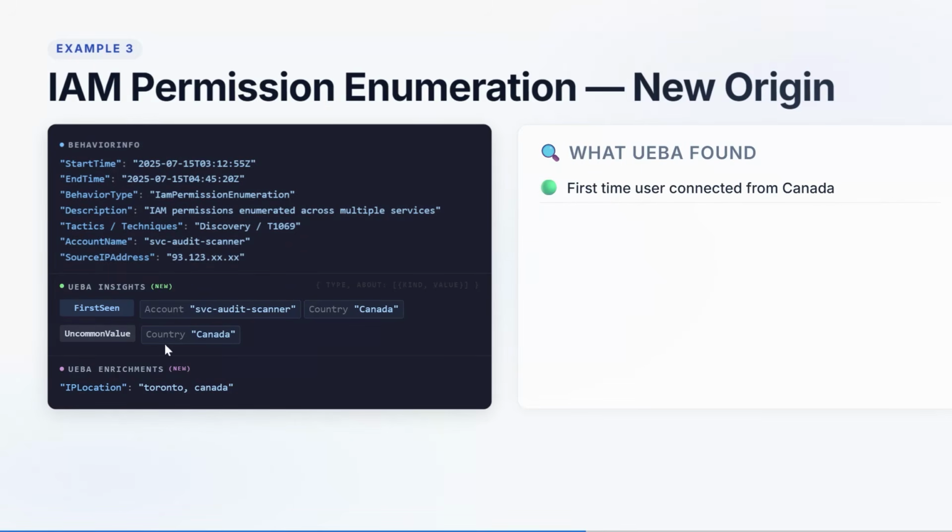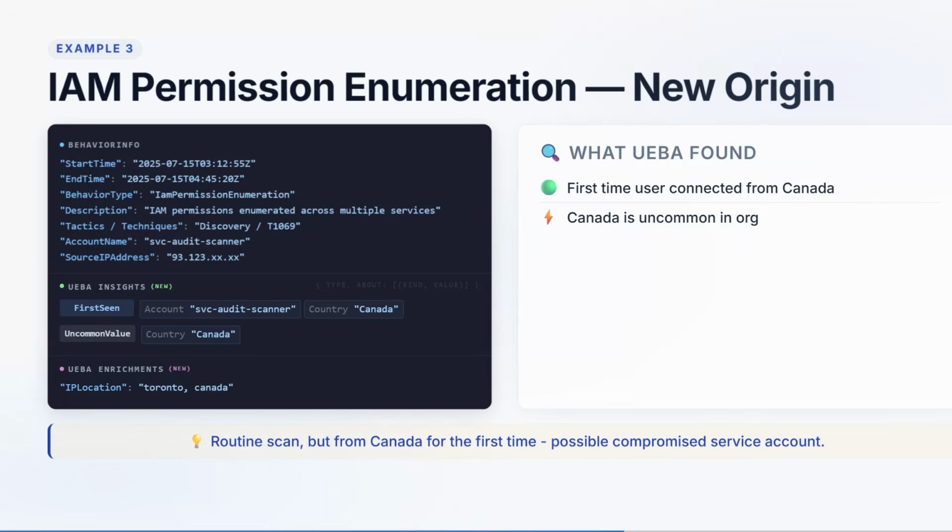And in the second insight, which is uncommon value, I can understand that Canada is uncommon in the organization. In other words, it's uncommon to connect to Canada from this organization. So instead of just saying that I have a routine scan, I can now know that it's coming from Canada for the first time, and it's not common to connect from Canada. So it could indicate that the account was compromised.